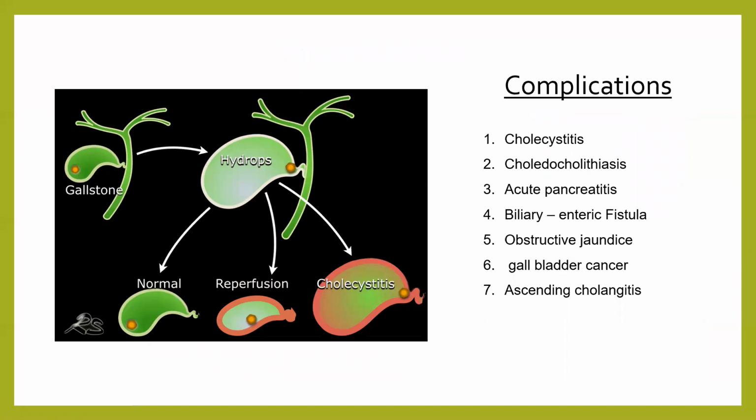Now, in this image, you can see that usually gallstones just lie in the gallbladder and are completely asymptomatic. But in some cases, especially after food, where there is cholecystokinin released, it can lead to intense contractions of the gallbladder, and sometimes this stone can end up being lodged in the neck of the gallbladder. Now, there are several things that can happen from this point onwards. One is that it can go back to normal, it can drop back into the base of